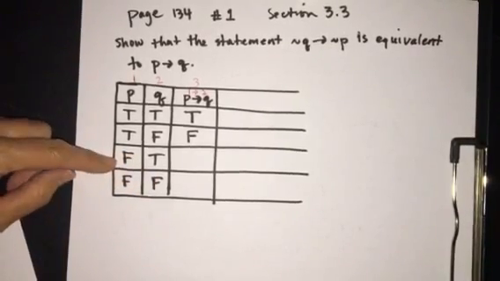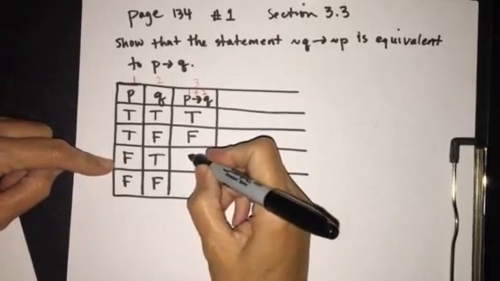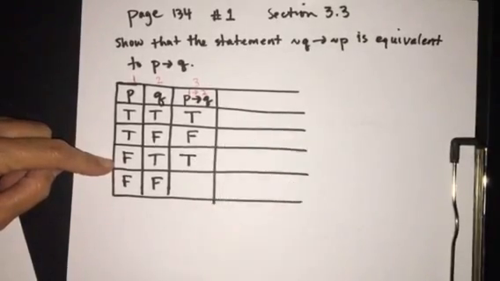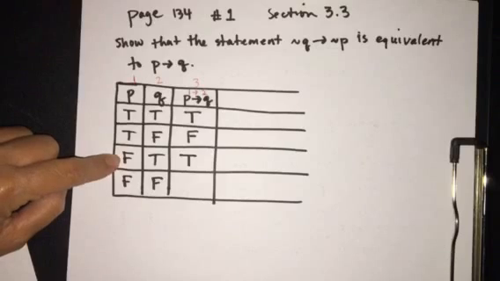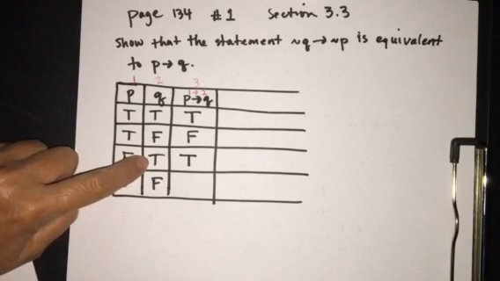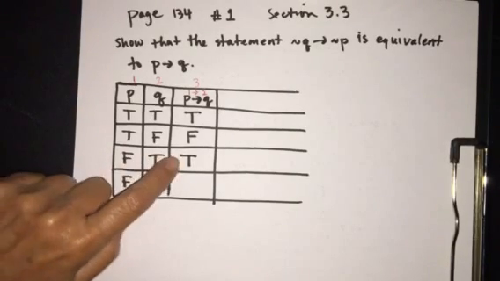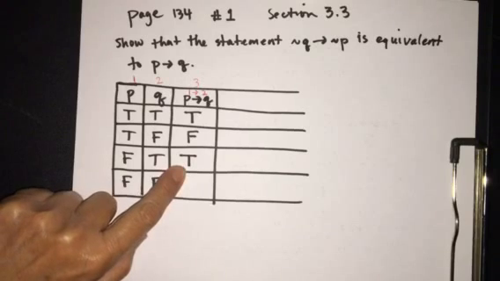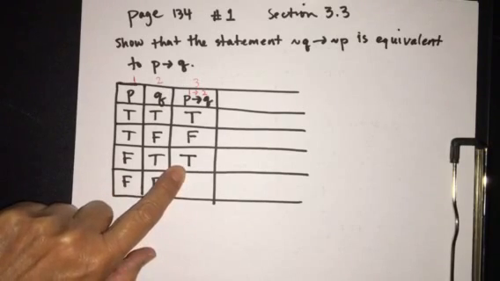Regardless, if I get paid is false, then the promise is not broken. There was no binding contract at that point. So if P is false, Q is true,